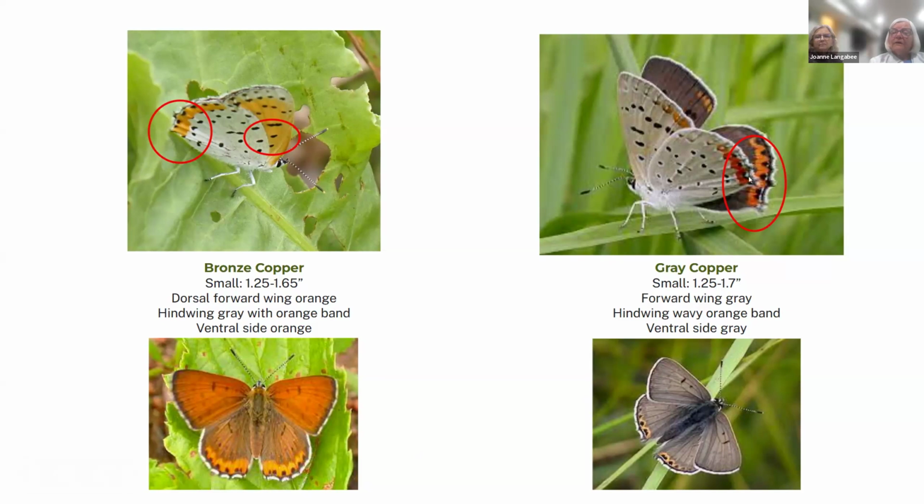Hey, Joe, when you're talking back and forth between these two comparisons, if one is more common than the other, would you note that? I will. We did see the gray copper last year at Fontenelle. That's the only time I've seen it at Fontenelle.